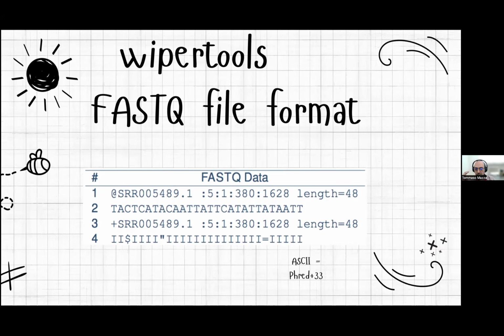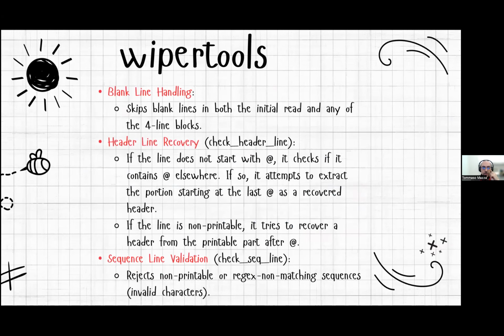Okay, so these are the 4 lines of a FASTQ file. Your FASTQ file is made of millions of these records inside. So this is the file format. So what FASTQ Wiper does is a list of very simple